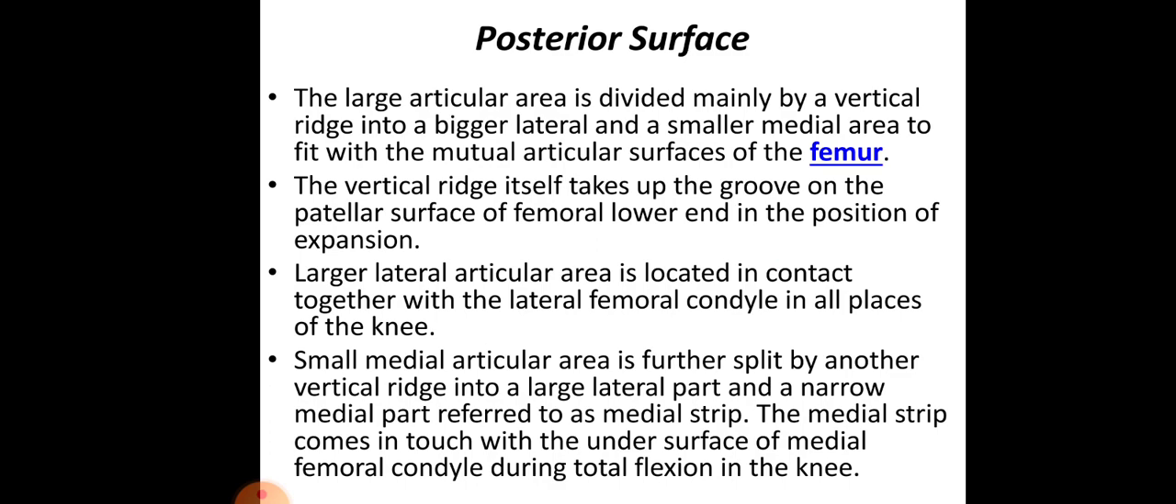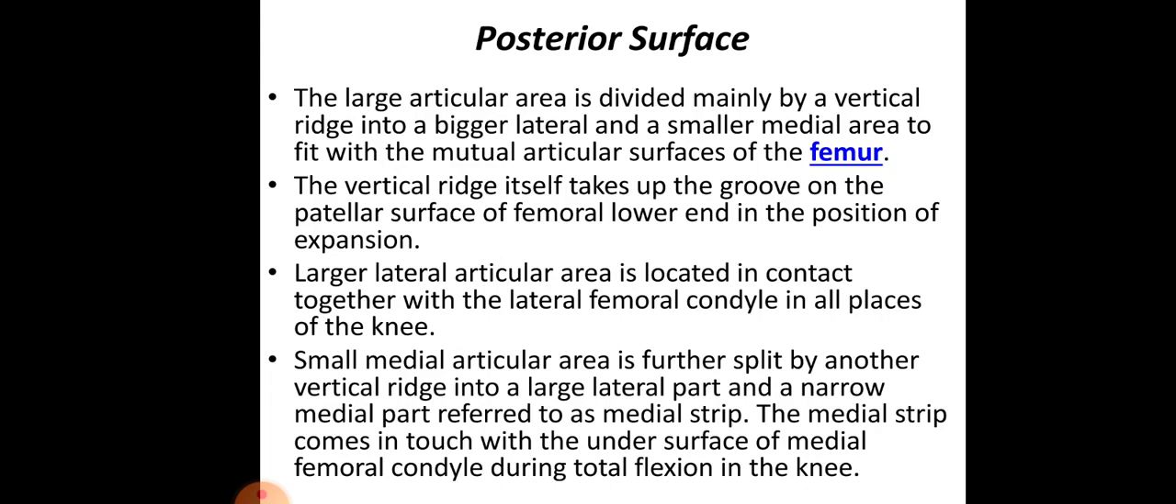Then on the posterior surface we have a large articular area which is divided mainly by a vertical ridge into a bigger lateral and a smaller medial area to fit with the articular surfaces of the femur. That is, the lateral facet articulates with the lateral condyle and the medial facet articulates with the medial condyle of the femur. The vertical ridge itself takes up the groove on the patellar surface of the femur's lower end, and the large lateral articular area is in contact with the lateral femoral condyle in all positions